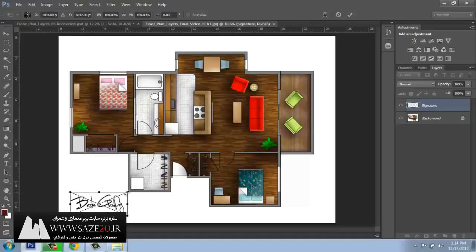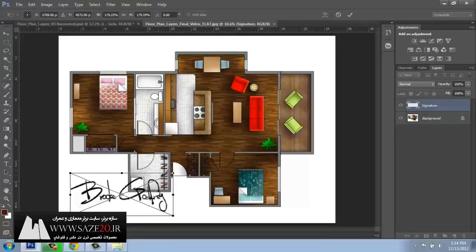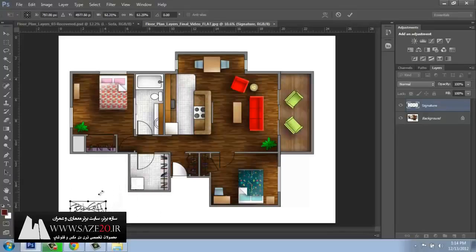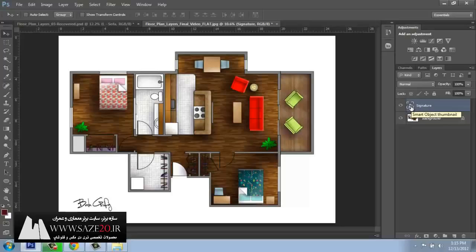So at this point, we can very easily scale our logo, our signature, whatever it might be. I just held down the Shift key there to keep it proportional. Hit Enter to get rid of that frame. And now I have my signature on the page. Since it's on its own separate layer, I can move that around wherever I want. And if you notice over in the Layers menu, it says Signature on the layer because that was the file name I already had. And it has this little smart object thumbnail